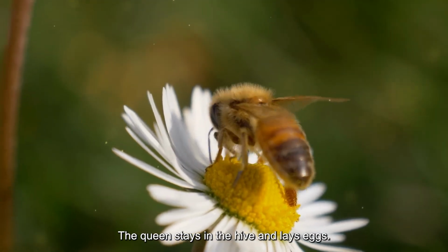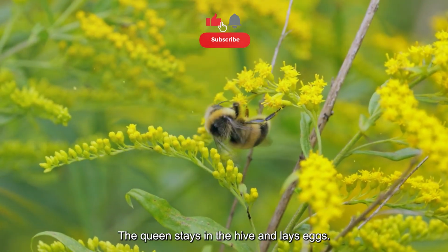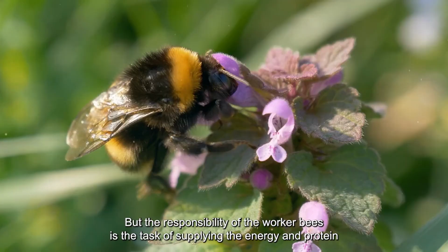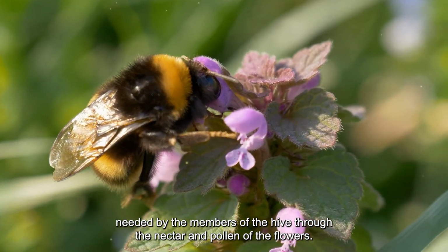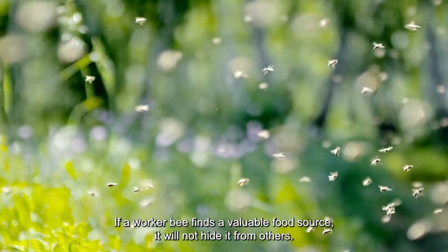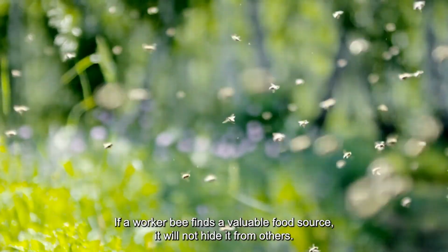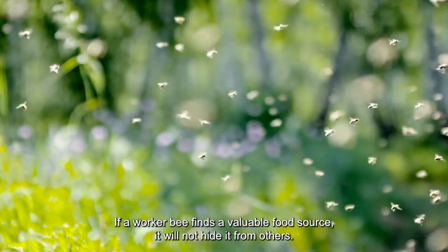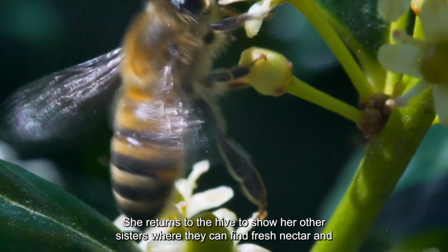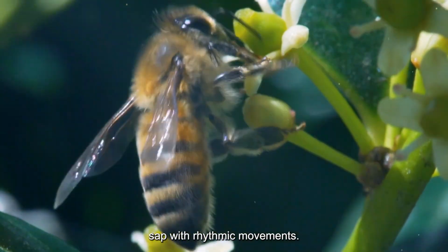The queen stays in the hive and lays eggs. But the responsibility of the worker bees is supplying the energy and protein needed by the members of the hive through the nectar and pollen of the flowers. If a worker bee finds a valuable food source, it will not hide it from others. She returns to the hive to show her sisters where they can find fresh nectar and sap with rhythmic